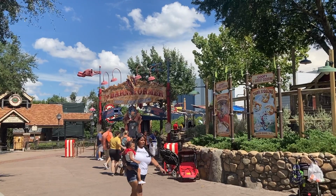Let's ride the Barnstormer. All right, guys, so the next ride on our list of roller coasters is Goofy's Barnstormer. So again, we're going to ride the ride. I'll give you a view of the ride with me, and then we'll come back and we'll rank and score this ride based upon that D system that I've developed. So,